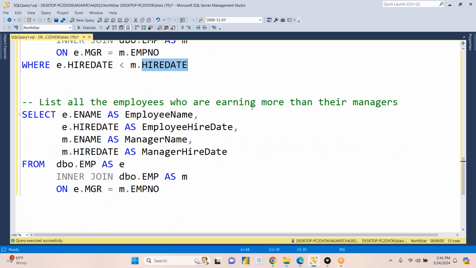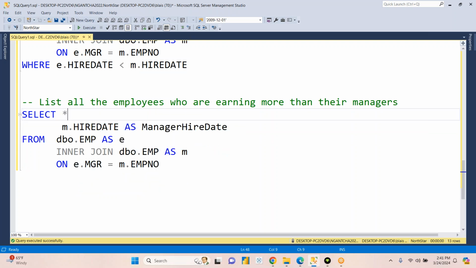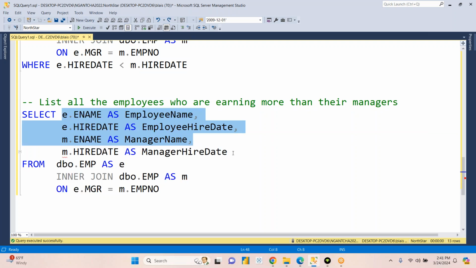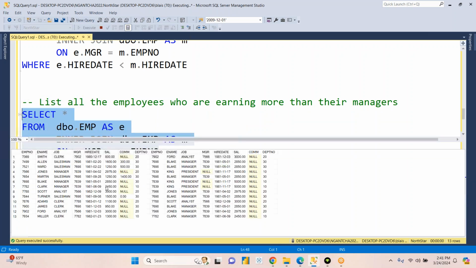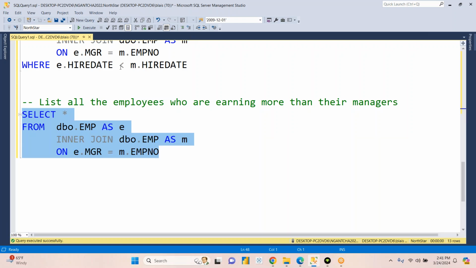It's all employees who earn more than their managers. So just to take everything back to the origin, this is what we have. This is that self-join. That's the foundation of all of this question. The self-join you see right here. All right. And then now